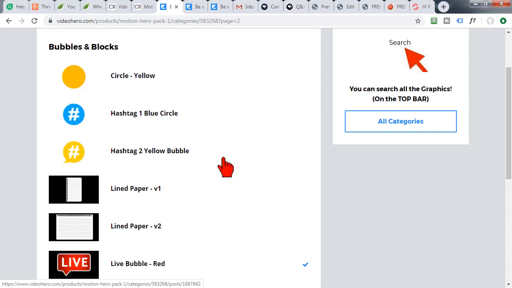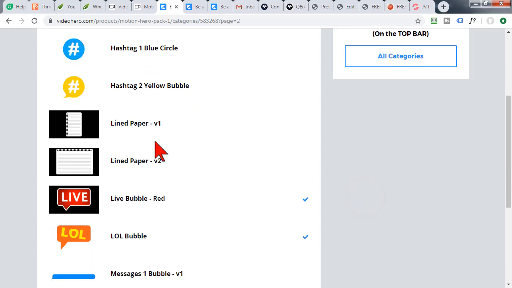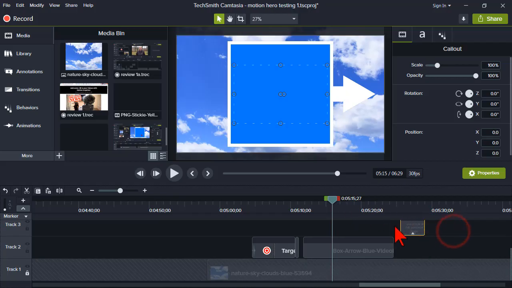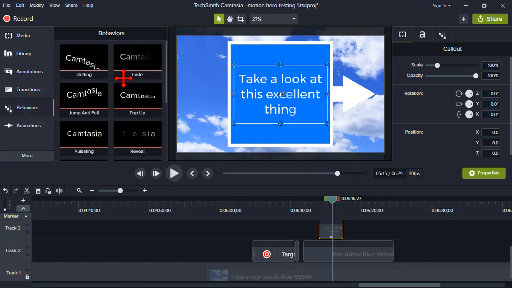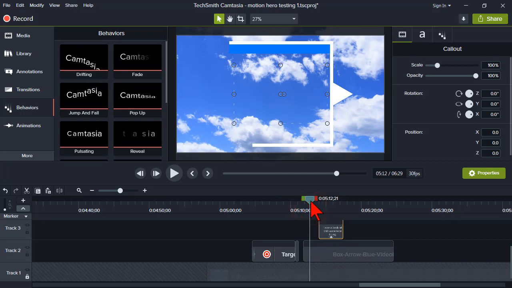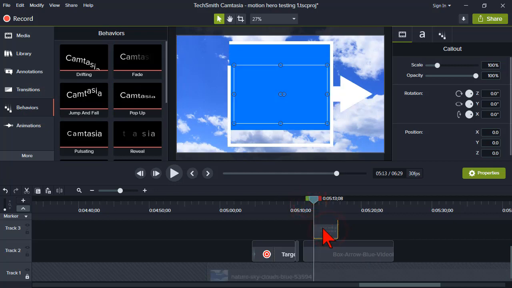In fact, lots of the assets are rather blank so that we can use them as a background and put text on top. So here I have a text box, and if we put it on top, now we have something that really serves as a nice call out. And on this one I just added a behavior to help animate the text. And now we'll just kind of line it up to come in with the animation